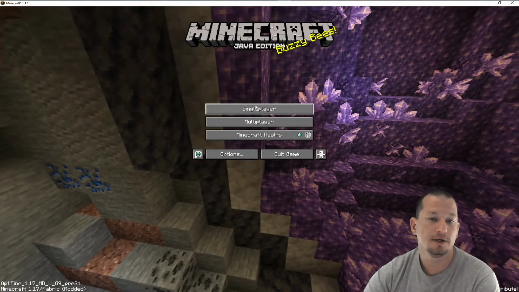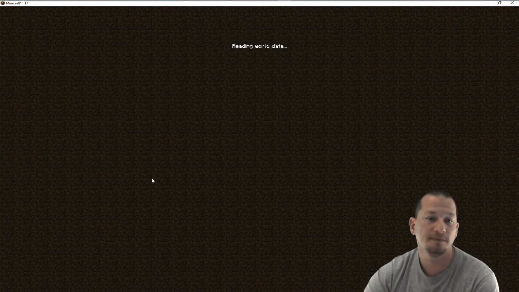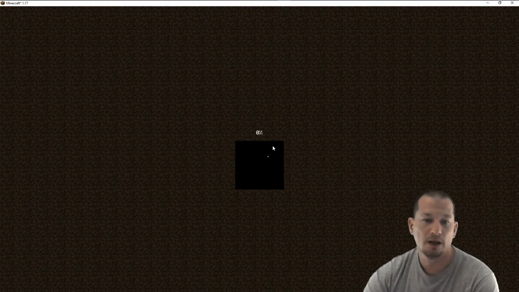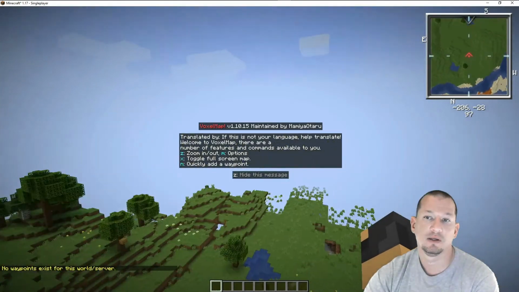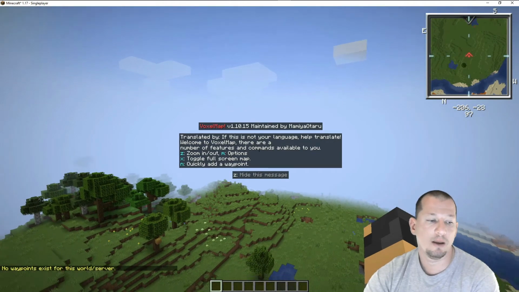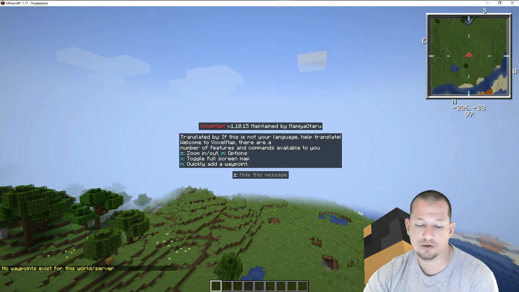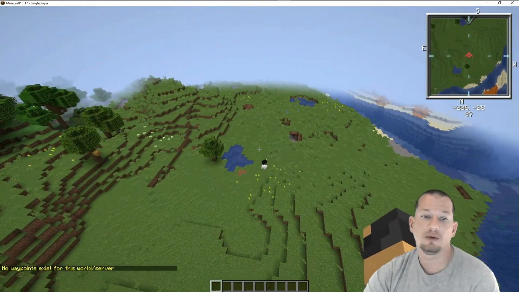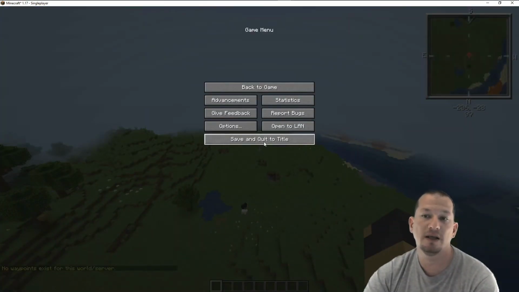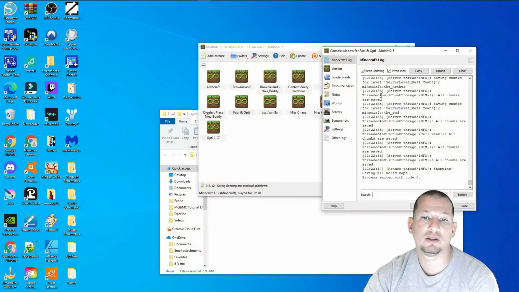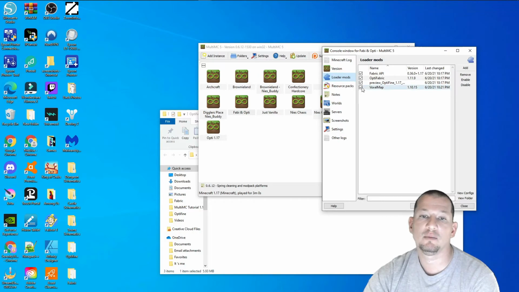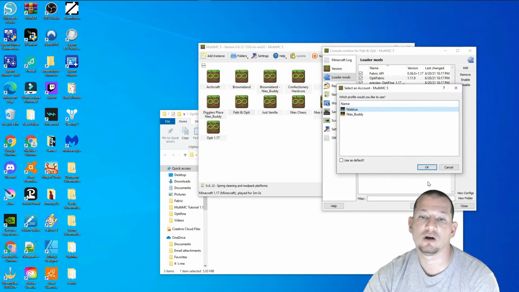Alright, here we are. We're going to go into our world. And up here in the right hand corner, you should see our voxel map. There it is. No waypoints exist for this world or server. So, there we go right there. Now, just to show you how easy this is, you've seen it installed. Let's say we think we're having issues and we're troubleshooting. If I come in here and I uncheck that and I hit launch again,